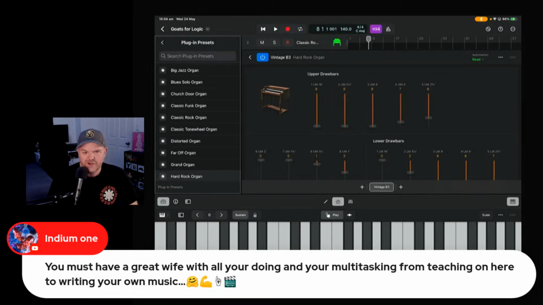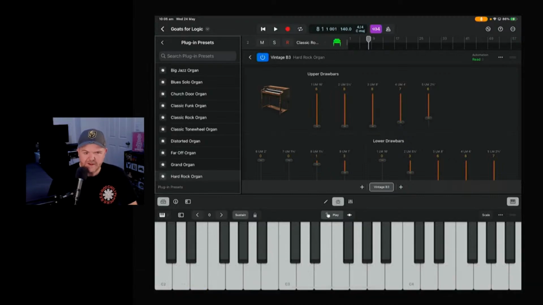She's awesome. She put up with the fact that I had to get up at 2 o'clock this morning. I'm happy to say I didn't wake her. At least I don't think I did. But she's nice. She probably wouldn't tell me if I did. But no, I was up at 2 o'clock this morning because I was doing all this business, and it's worth it. It's worth it to help you folks out.